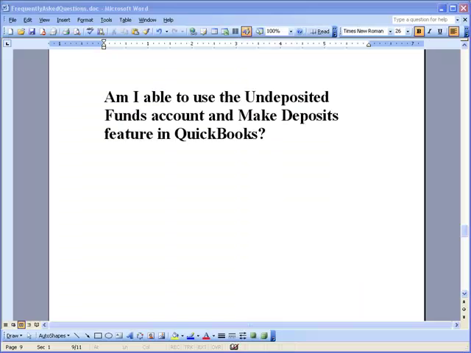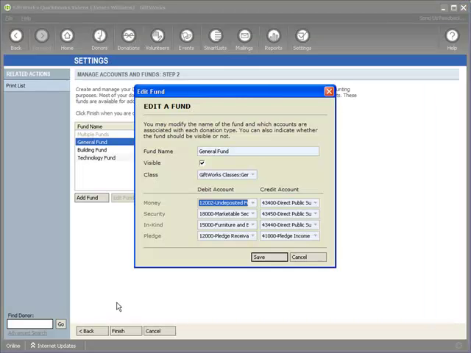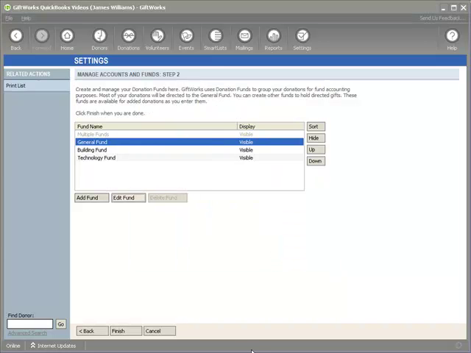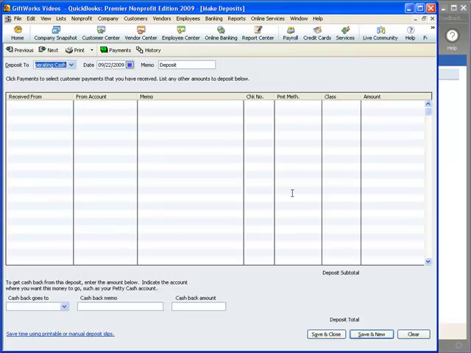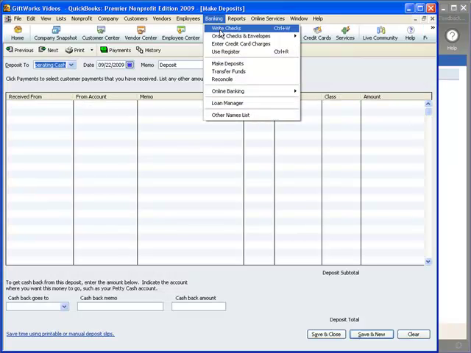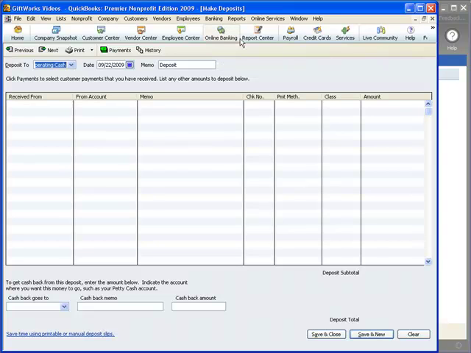Am I able to use the Undeposited Funds account and the Make Deposits feature in QuickBooks with my posting from GiftWorks? Yes, that's possible. It's as simple as, in GiftWorks, when you went through the configuration process, you would have wanted to add the Undeposited Funds account from QuickBooks. And then when you edit your fund, say the general fund, you could add the Undeposited Funds account as your debit account. Then when you post the transactions, it would go to Undeposited Funds, and you could simply do Banking, Make Deposits,